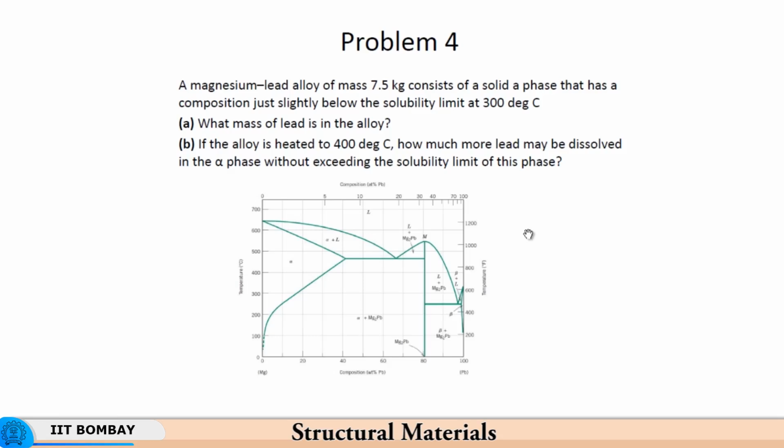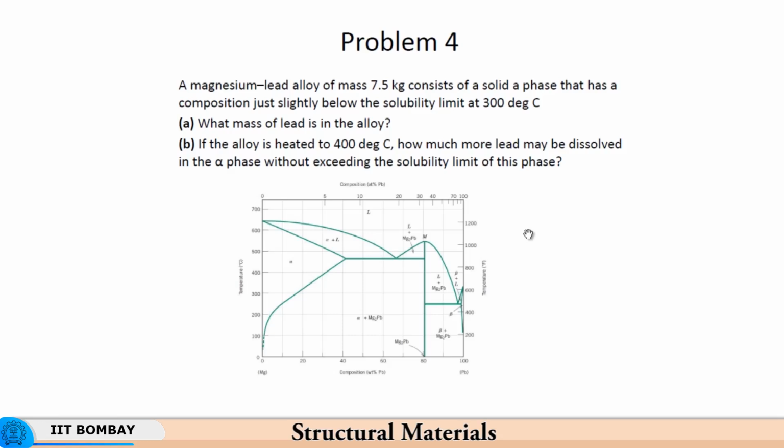Now you have alpha, which is a solid solution of lead in magnesium. So there is a certain amount of lead that can dissolve in magnesium, and the maximum occurs at close to 40% here, at a much higher temperature, just below 500 degrees centigrade. Now as the temperature gets lowered, the solubility of lead in magnesium continues to decrease. So at 400 degrees centigrade, for example, it is much less, let us say 30% or so,